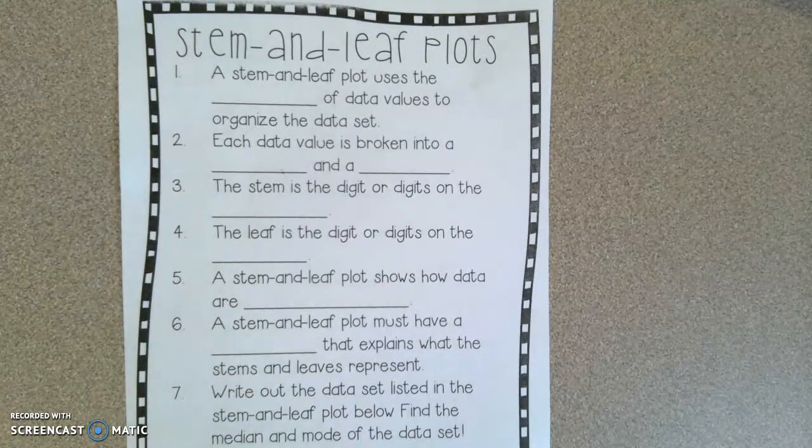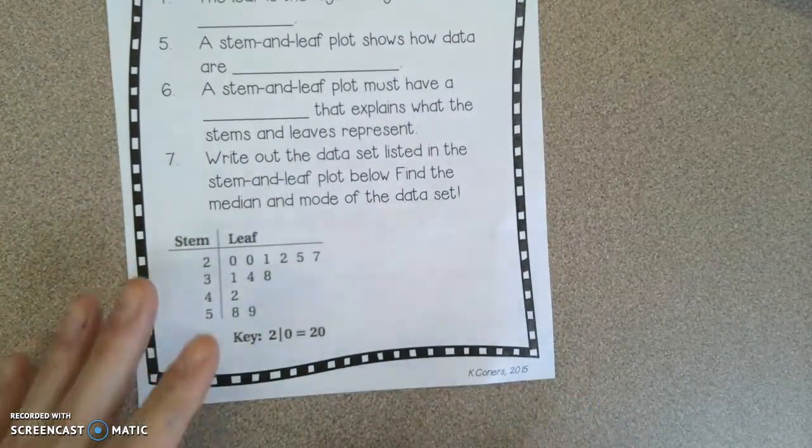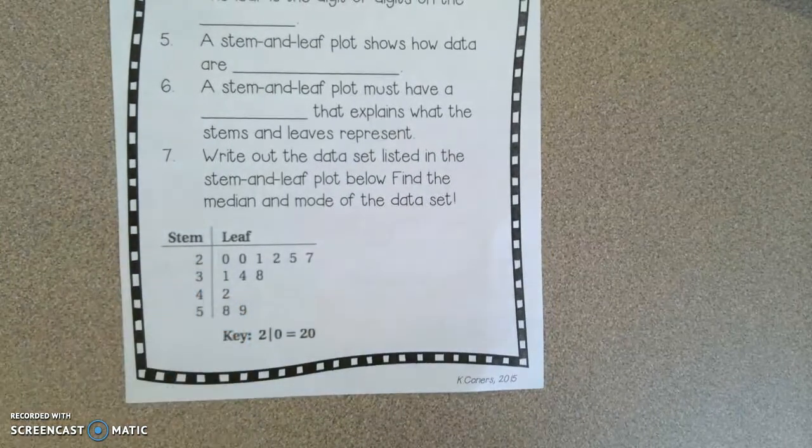All right, one of the data displays that you're creating in your project is a stem and leaf plot. At the bottom of this handout, here's an example of a stem and leaf plot. We're going to go through and fill in some blanks to talk about what a stem and leaf plot is. Then we'll look at this example specifically and talk about what that means, and then we'll practice